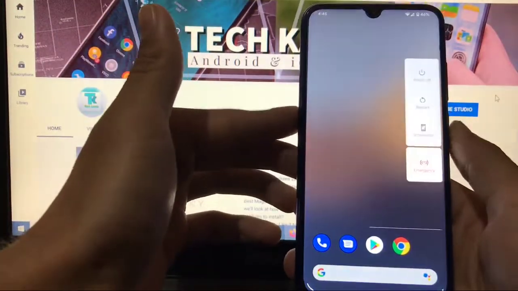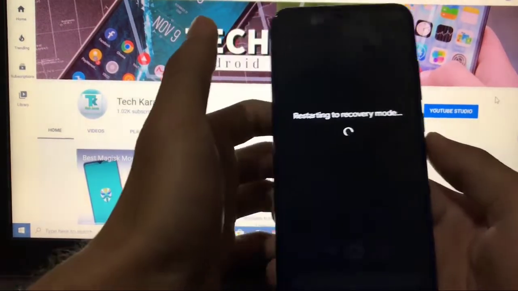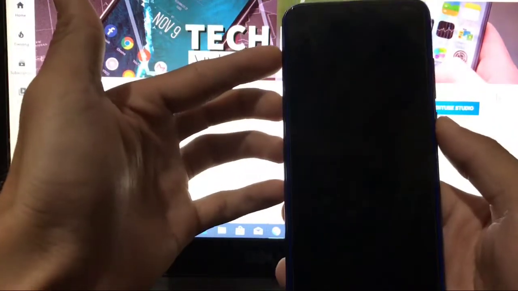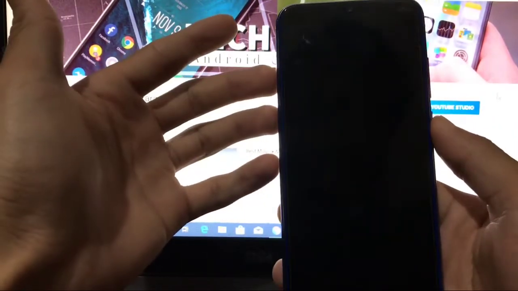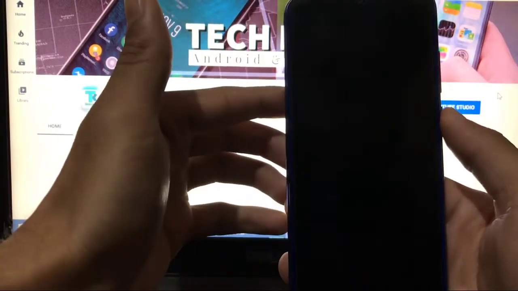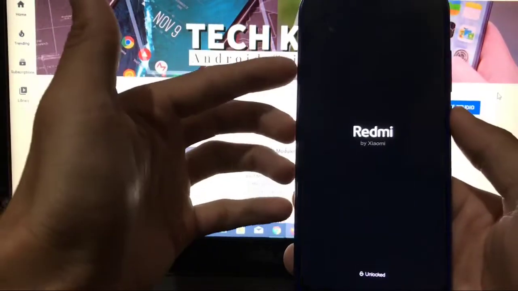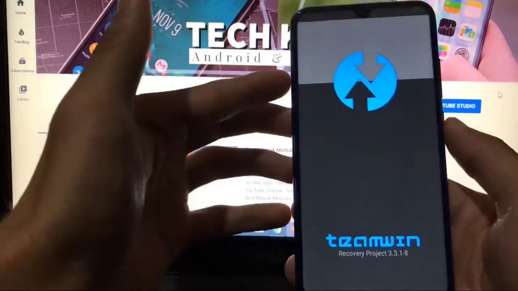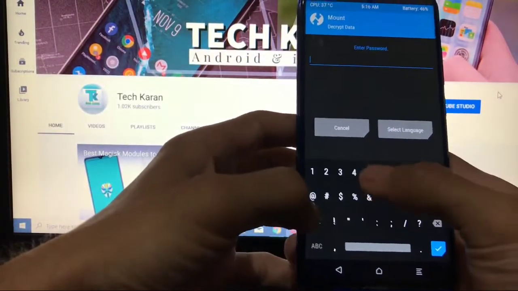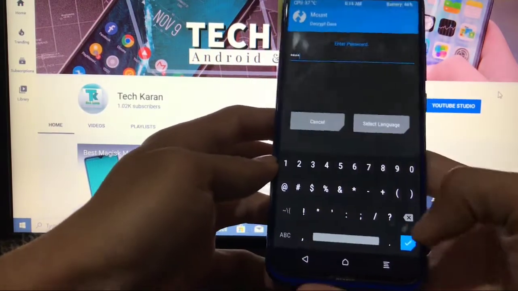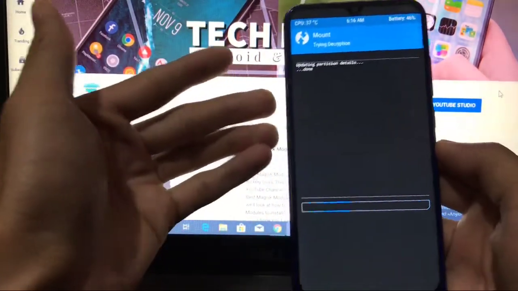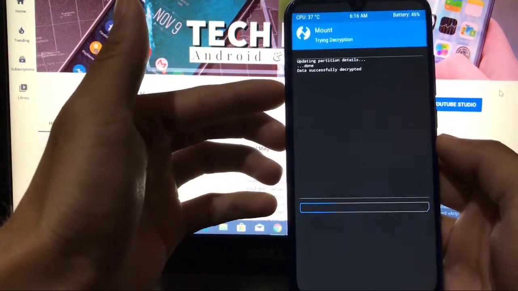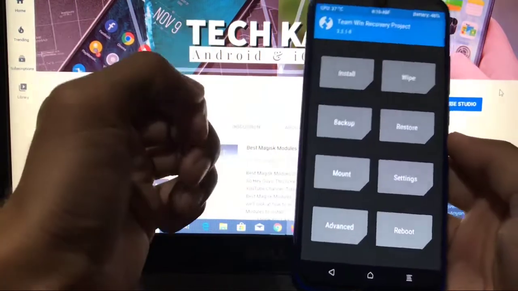What you have to do is simply boot into custom recovery. It's better you use TWRP official custom recovery, but if you are using any other recovery, that is not a big case. Just boot into custom recovery. If you are using any other device, then choose according to your own device which recovery you are using. I'm using TWRP in Redmi Note 8, so I am installing a custom kernel in my Redmi Note 8. As you can see, data is successfully decrypted.